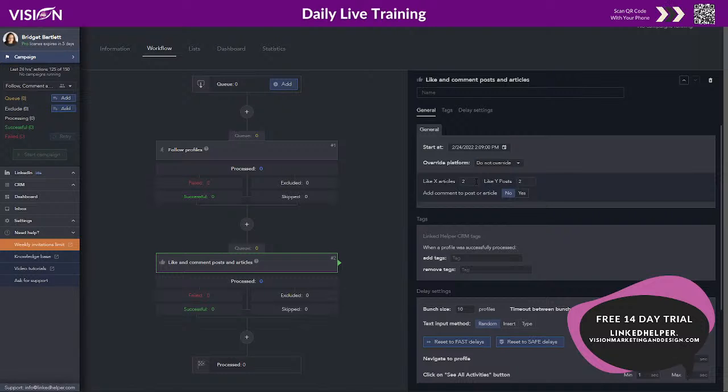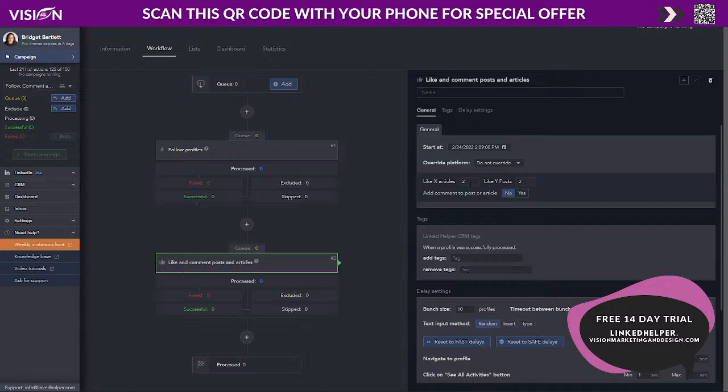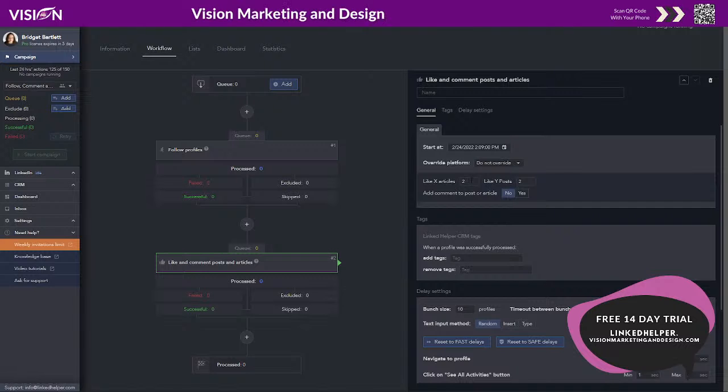Now, keep in mind too that you can set the limits to whatever you want, but the recommended safety limit for the actions that you can use the software for within your LinkedIn account is 150 actions. Okay, so if you think about what we're telling it to do here, this step would be one action. If we say to like 2 articles, that's 2 actions. So for one contact, we're going to follow and then like 2 articles. That will be 3 actions. Okay, so this is why a really, really targeted list like using Sales Navigator is so important.